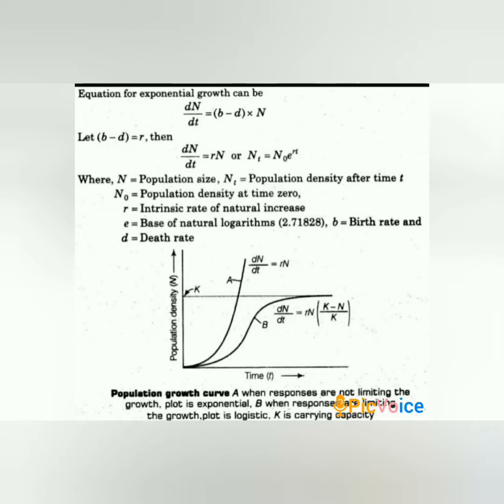And in case 2, that is an open population, r = (b + i) - (d + e), where i is immigration, e is emigration, b is birth and d is death. When resources like food and space in a habitat are unlimited, all the members of a species have the ability to grow exponentially. The population size that increases exponentially at a constant rate results in a J-shaped growth curve when population size N is plotted over time t.